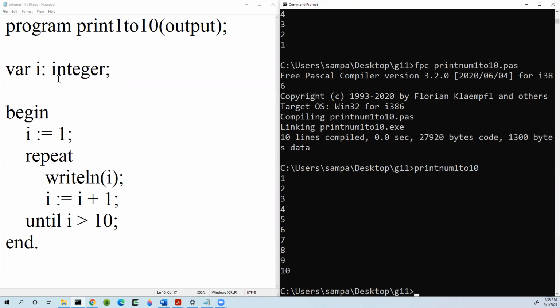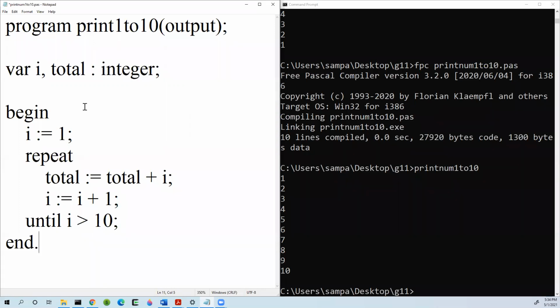So for summation, we need another variable. That one we discussed earlier as well. So let me say it's total. So instead of printing the number, now what we want to do is, I can calculate the total. Total equals total plus I, isn't it? So this will calculate one at a time. And finally, after finishing this one, write, yes, total,